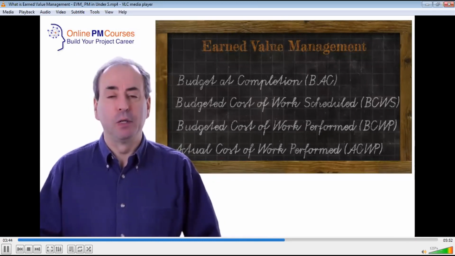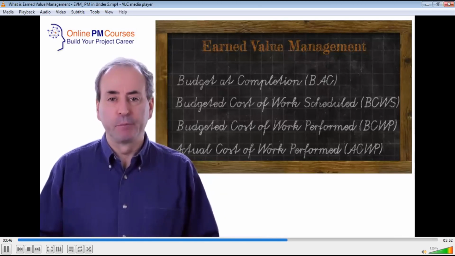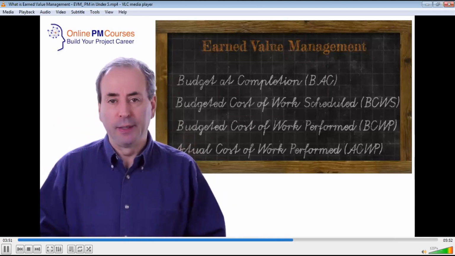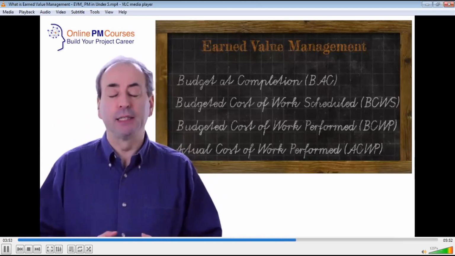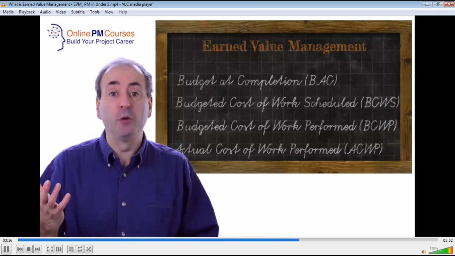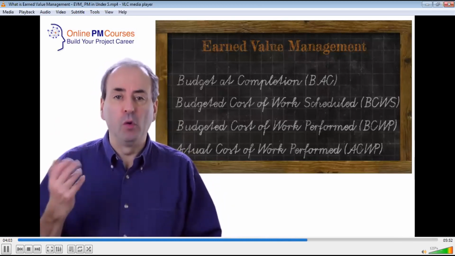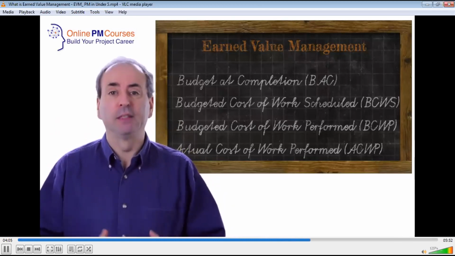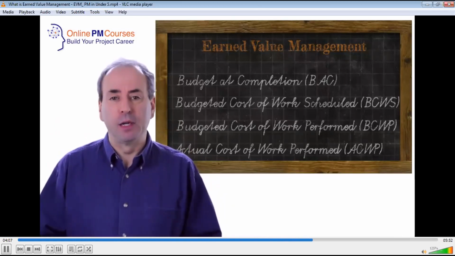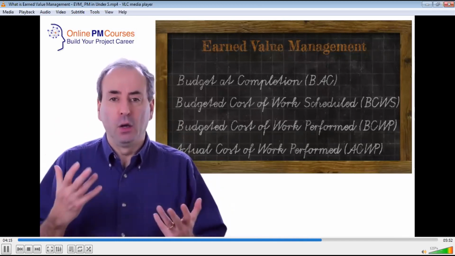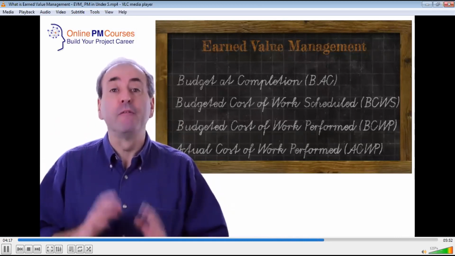What earned value management is particularly good at doing is combining cost performance on the one hand and schedule performance on the other. It's very easy to take a project and decide whether you're running ahead or behind schedule. It's also relatively easy to take the same project to see whether you've spent more or less budget than you expected at this stage. What earned value management does is allow you to look at a project which is not on schedule and not on budget, and to look at what the performance is for both of them